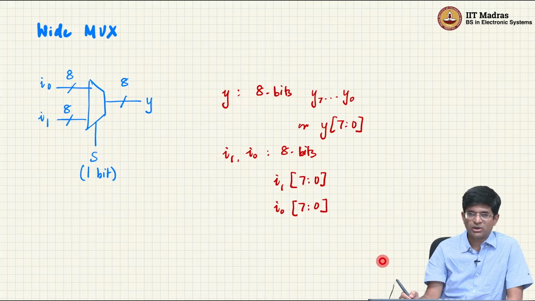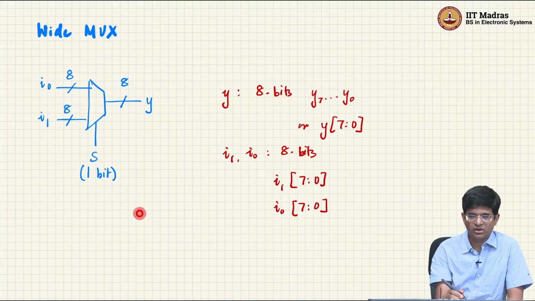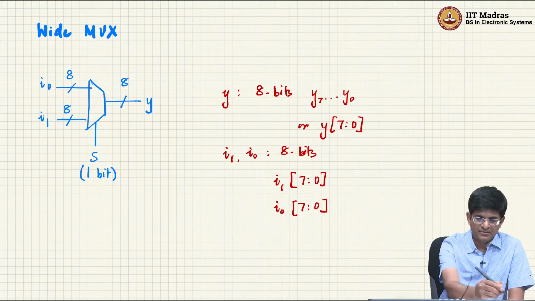There is also the notion of something that we sometimes call a wide mux, right? And the idea of a wide mux is something that's going to be very common as we build larger digital circuits. It's a very simple idea. Basically what it's saying is this is a 2 cross 1 wide mux, right? But I use this notation where I say that basically I0, for example, is an 8-bit value, right? So this slash across the signal with the number 8 written above it or next to it indicates that that particular wire is a bus,